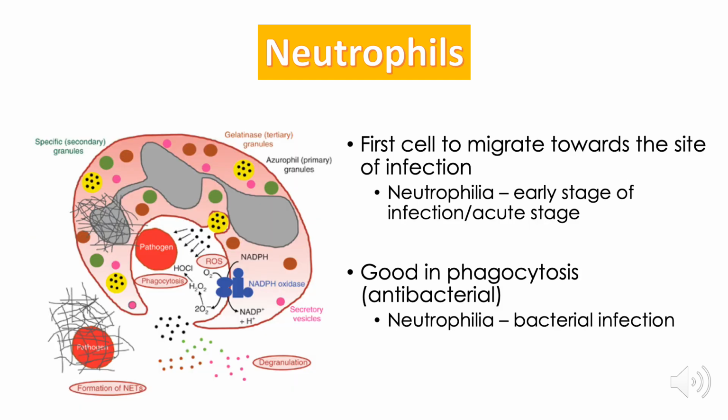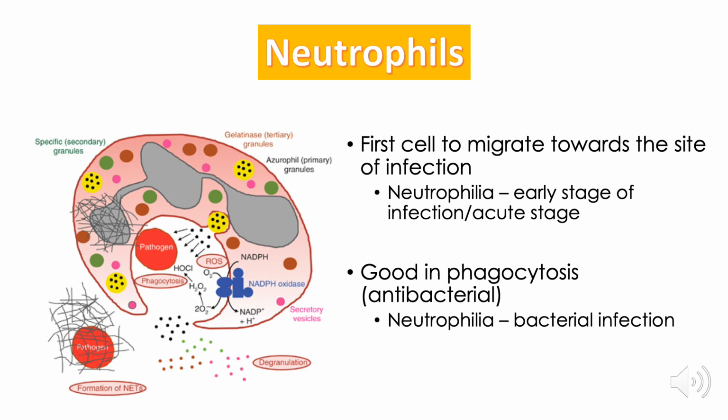Neutrophils are the first cell to reach the site of infection. So they are the first white blood cell to go out of the blood vessel and go to the site of injury or infection or inflammation. Now, there are 2 reasons why neutrophils are the first to reach the site of infection. Number 1, they are the most abundant. Number 2, they are the most sensitive to chemotactic factors. Chemotactic factors are chemicals released by microorganisms. So if these chemotactic factors reach the blood, the first cell to detect them is the